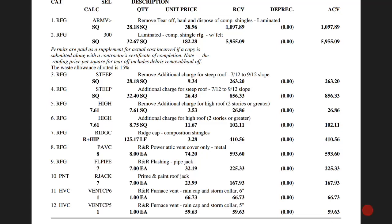Like just yesterday, I heard about this independent adjuster. Shout out to Big J out there in Colorado if you're listening, buddy, for alerting me to this. But there's an independent adjuster, I don't know if he's independent, but he's an insurance adjuster. And he was posting on social media yesterday about how he was really frustrated with a contractor, and he was tempted to post that contractor's name and information all over social media to alert the public that this contractor was using a 15% waste factor